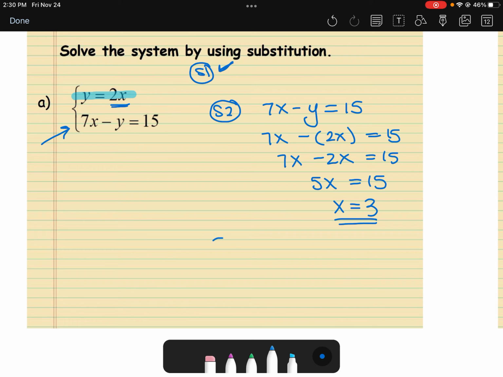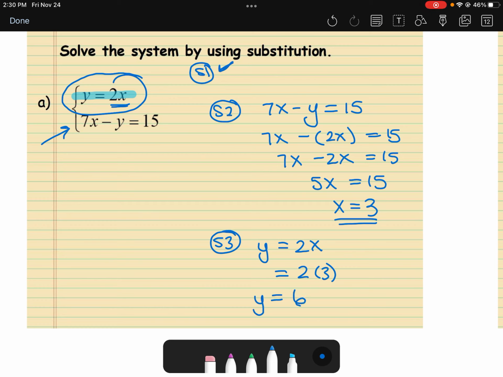Now step 3, we've got to find the other variable. So again, I'm going to plug it in. This one is the easier math, so I'm going to use that one. So y is equal to 2x. Well, x is 3, so we're going to plug that in. 2 times 3 is 6. So y is equal to 6. So our solution,